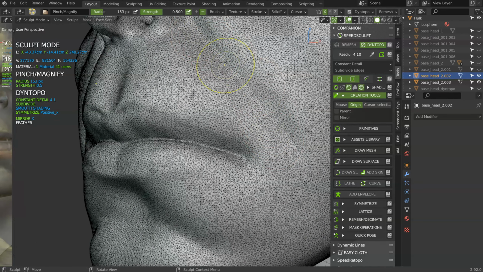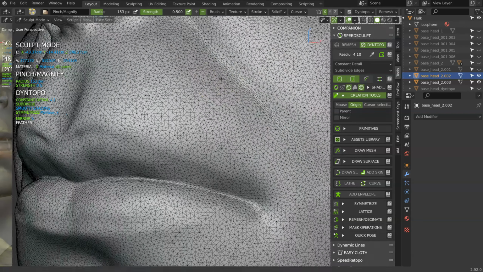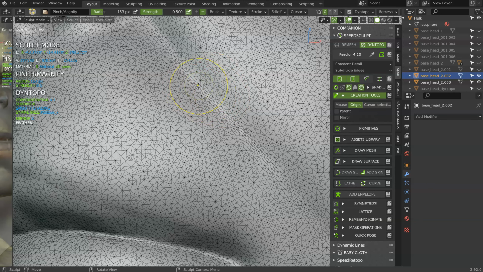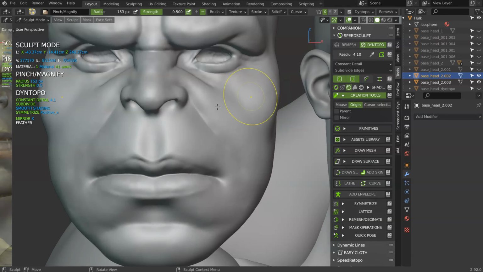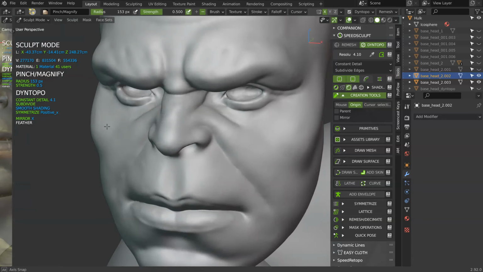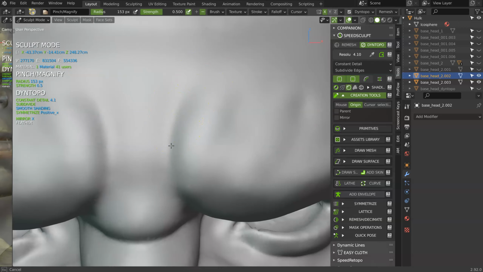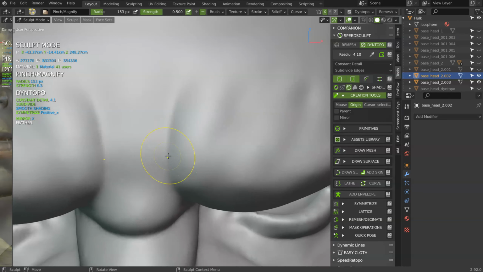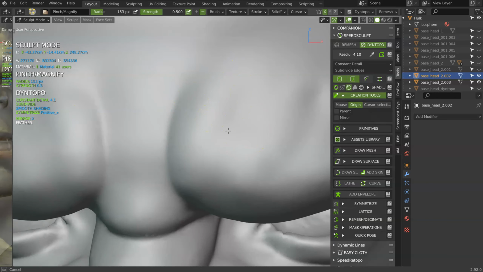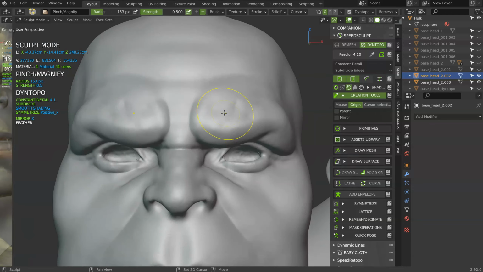As you can see, the model is updated, and since there is no collapse, the triangles are not collapsed. And like that, you will be able to make this. So this is another way to use DynTopo.